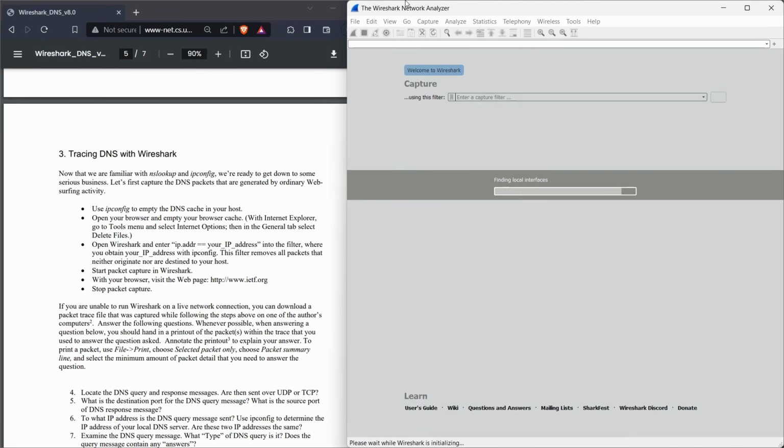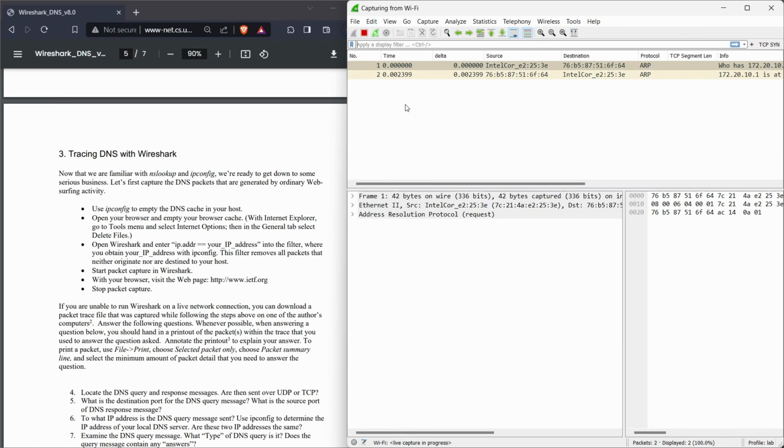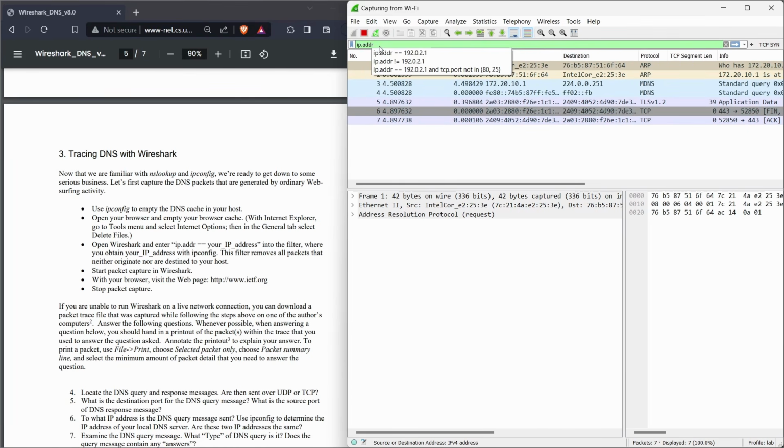So I'm opening my Wireshark. Okay, and here as you can see, we have to start our Wi-Fi capturing. So click on Wi-Fi. So it starts packet capturing, and now we have to enter ip.addr ==